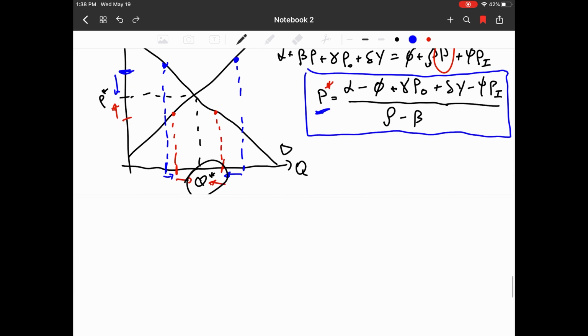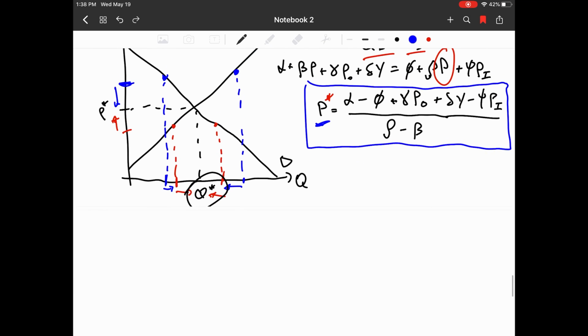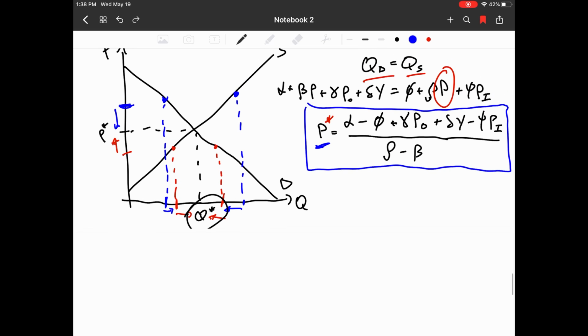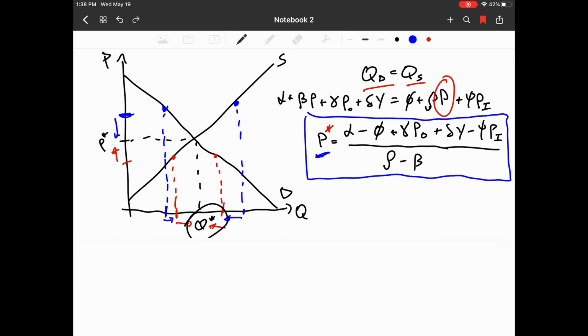Okay, so we can go through and plug in our parameter values in just a second. But the next thing we can do is plug P star back into one of the equations for our quantity. So we take our P star variable, our solution to the endogenous variable P, and plug it into either the supply curve or the demand curve. And that's going to return for us the quantity supplied or quantity demanded,